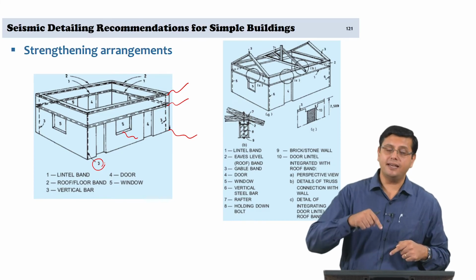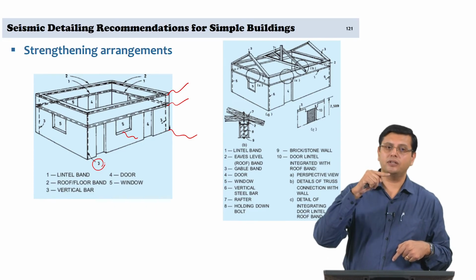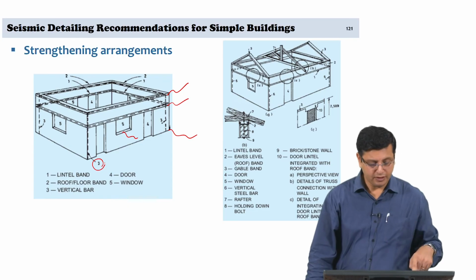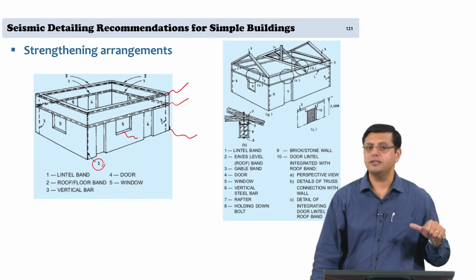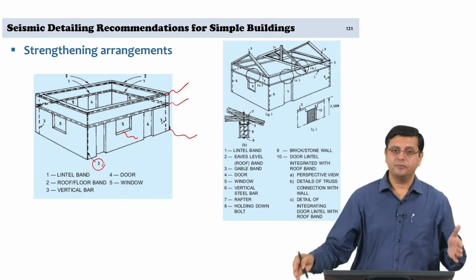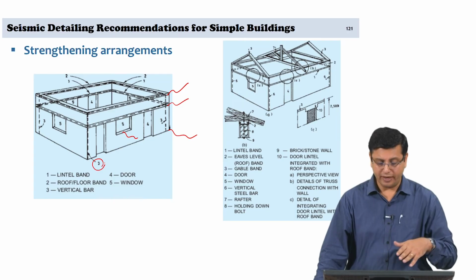These vertical bars are taken continuously from the plinth band connected to the lintel band to the roof band and continue to the next story if it has to. So, these are at the corners of walls, at the ends of openings. So, where you have a door opening at the ends, this would again come, and wherever there are junctions in